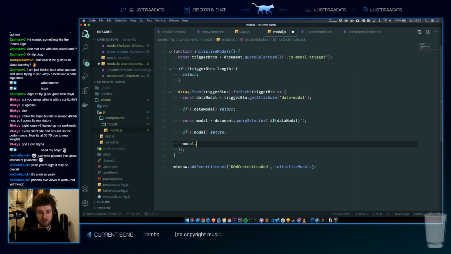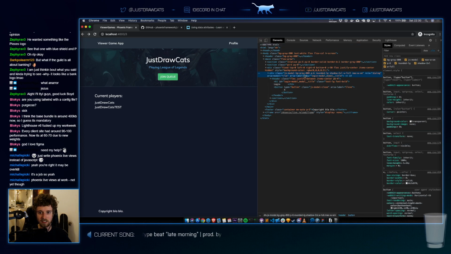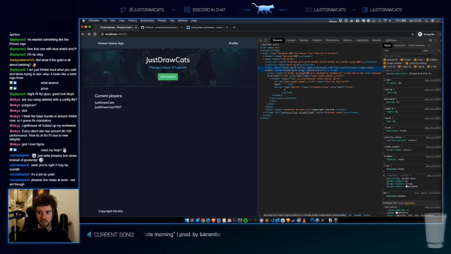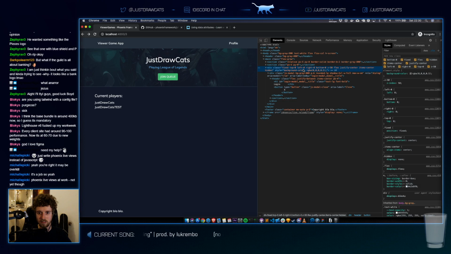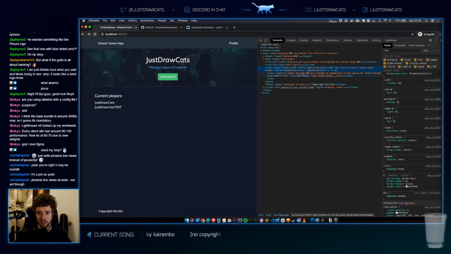So we know we have a modal here. This is my not logged in user. I click on this and it will find this modal here. Wait, which one is hidden? Where's my hidden class? Oh, here.